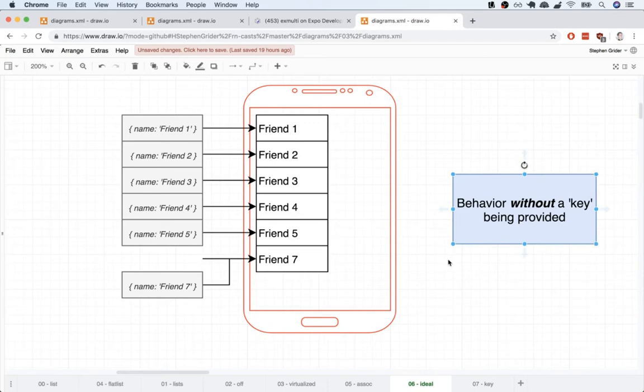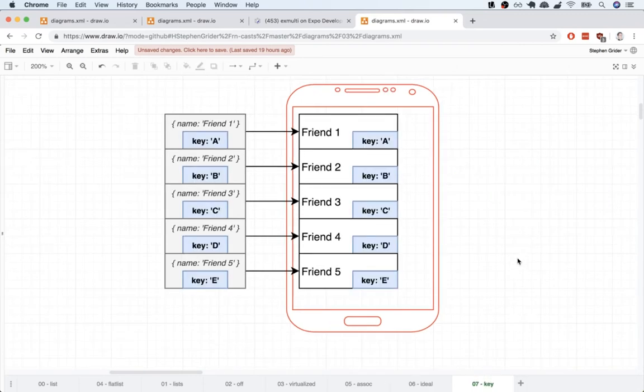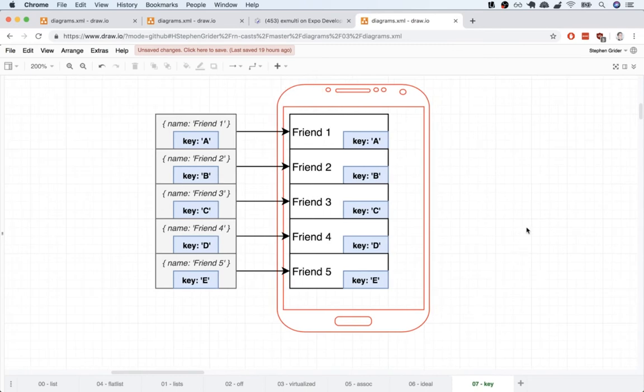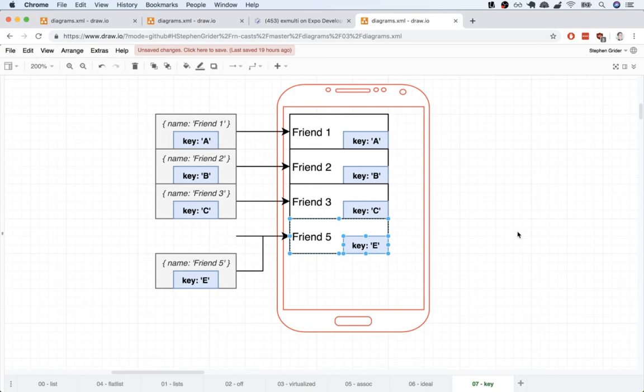So let me now tell you what happens if we provide the key. And I know we haven't really explained what the key is just yet, that's what I'm going to tell you right now. Okay, so the idea behind this key property is that it allows React Native to track these different objects and detect when we delete one of them. When we delete one of these objects, React Native can then very easily say, oh, okay, I see that maybe we just deleted friend 4 right here, and it would then need to just delete that element that has a key of D. And then it could just move up friend 5 like so,